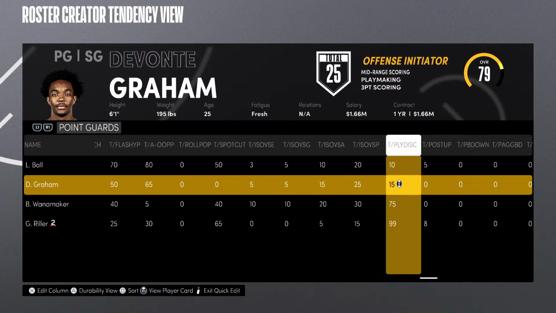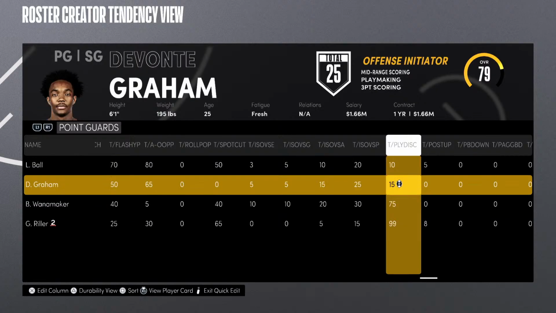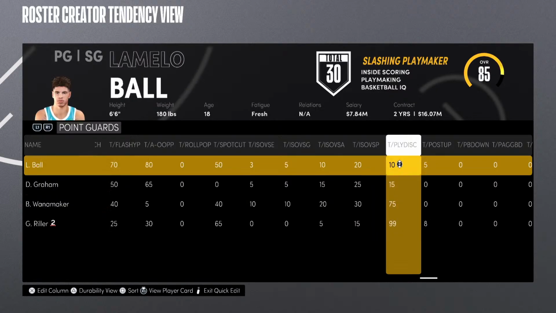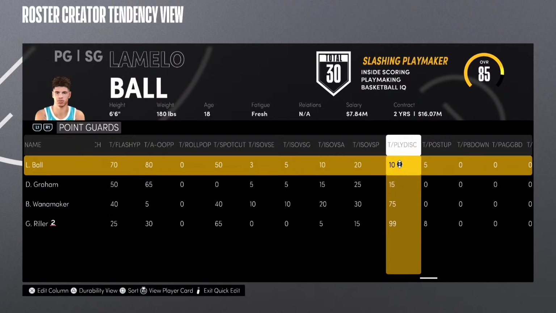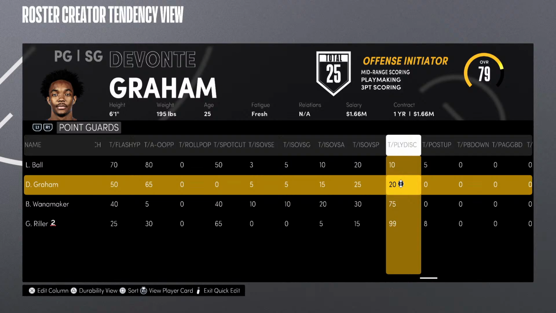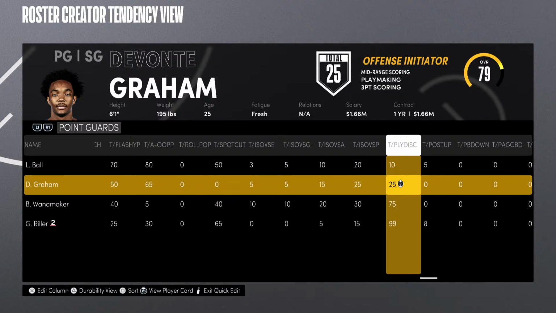I personally think that the ISO tendencies you can't put at a 99. Like, I think this was just thrown in as a computer generated stat, a 99 in here for like a Grant Riller. You could do 99 for a lot of the players, but I just think that a better focus has to be made on who gets a 99 and follows plays and doesn't really ISO or look to branch off of plays versus who does. I think the lowest you should go in this category is a 25. I think it should be 25 to 99. I don't think anybody should be lower than that, personally, but I got good results out of it because